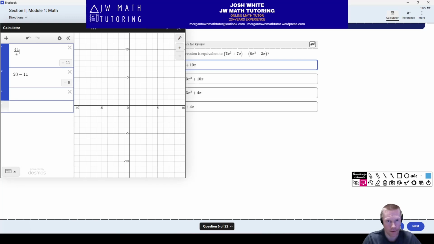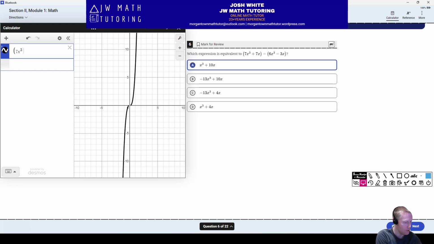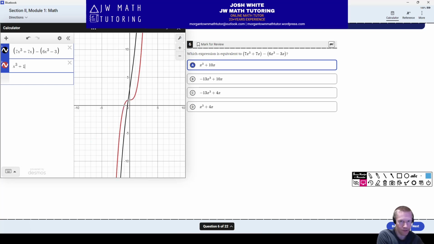You could also, I won't go through the whole process, but if you wanted to, again, I wouldn't necessarily recommend that you do this for a problem like this because I think it is much quicker if you know how to add and subtract polynomials. But you can also go through the process of